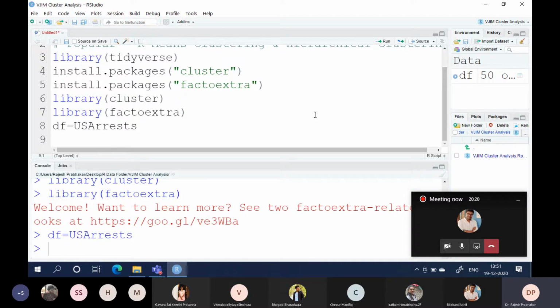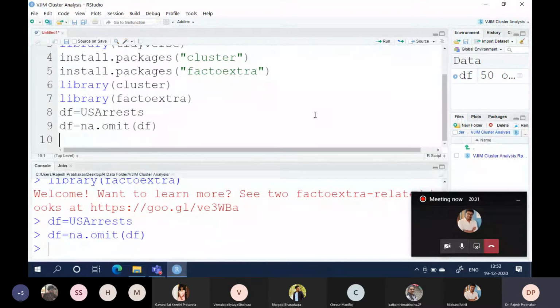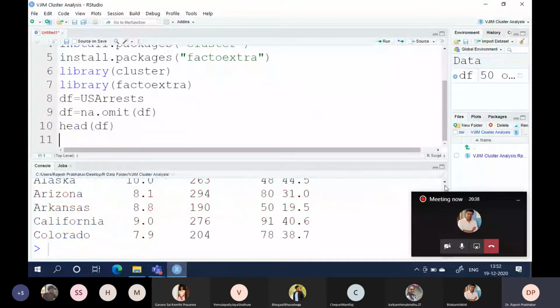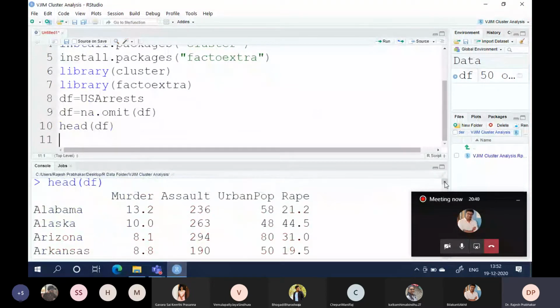This is a data set which is constantly updated. df is equal to na.omit(df). So head(df). If you look at the head, you have the state name, murder, assault, urban population, and rape.